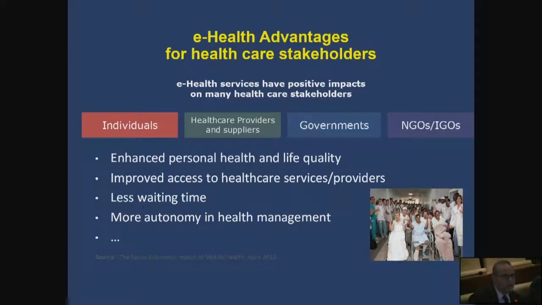So we can affect individuals in terms of e-health. We can affect healthcare providers. We can affect governments and NGOs. And of course, the heterogeneity within each of the groups will vary depending on the level of development that you have. But clearly, the more you move up the chain to the right, the more homogeneous you will find within that cell, and the bigger effects can have if, for example, you have a huge heterogeneity of education and nutrition in the case of individuals.